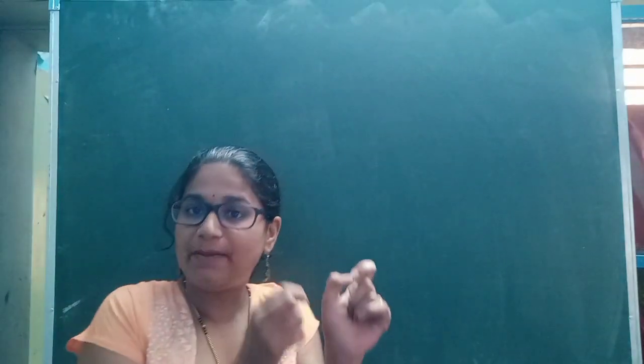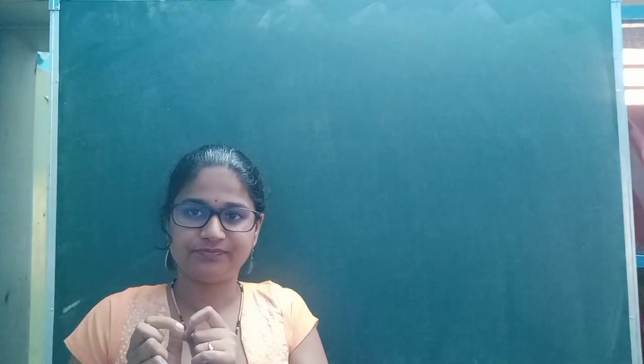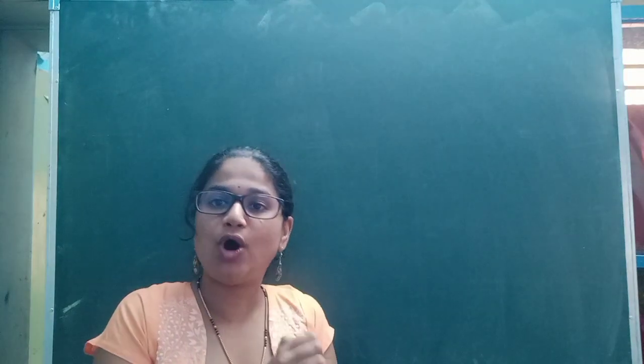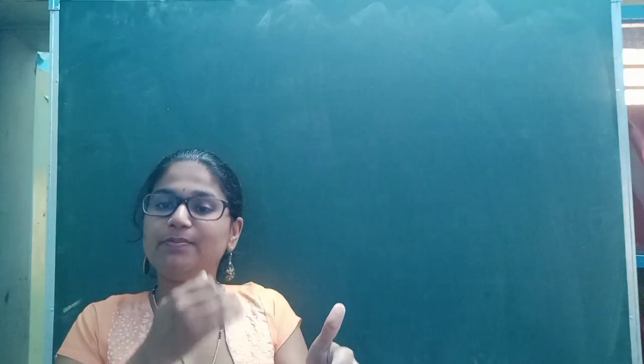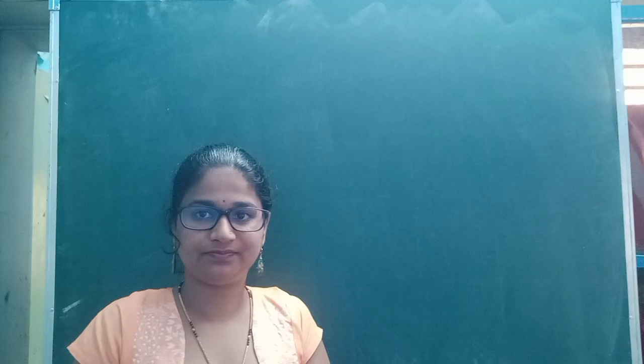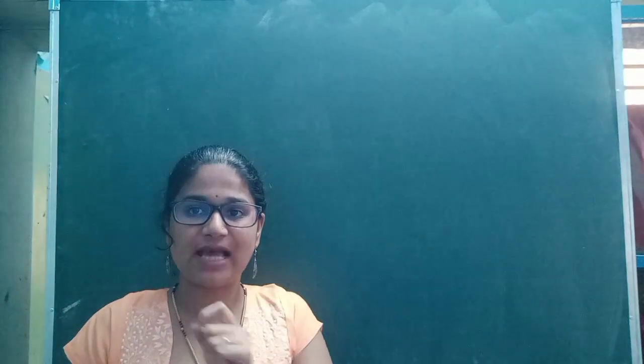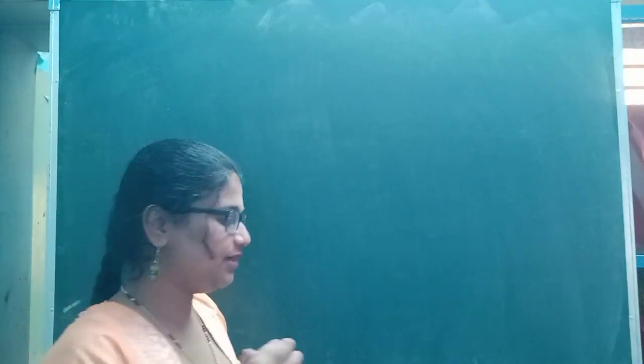Okay, appears to be closer. Okay, so what happens there? Objects will be closer but they appear farther. Where will we use this application? See here, when we study the applications of a spherical mirror,